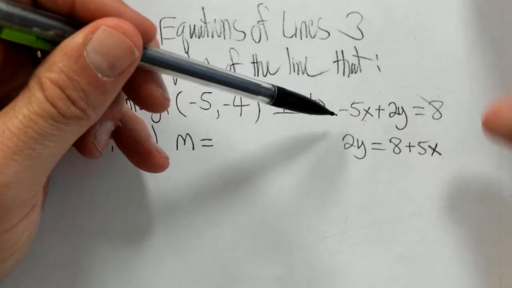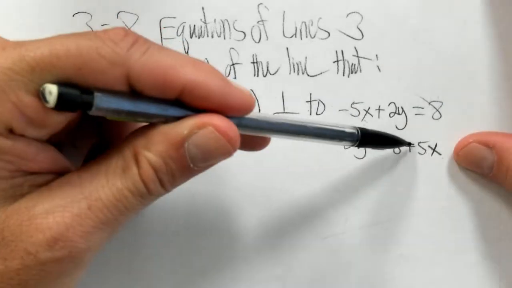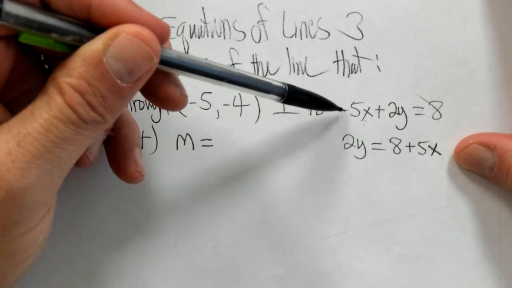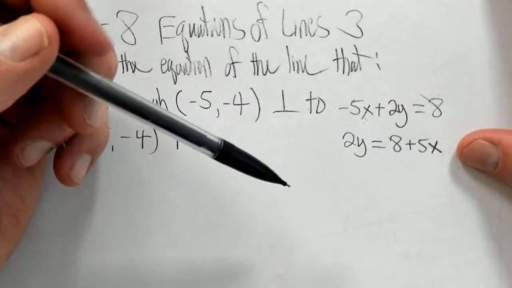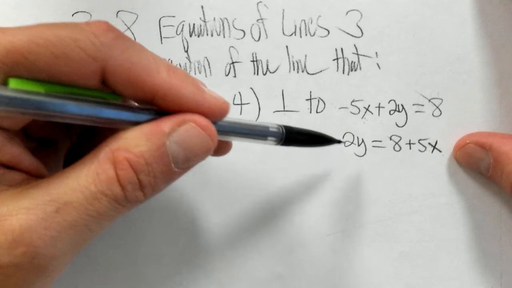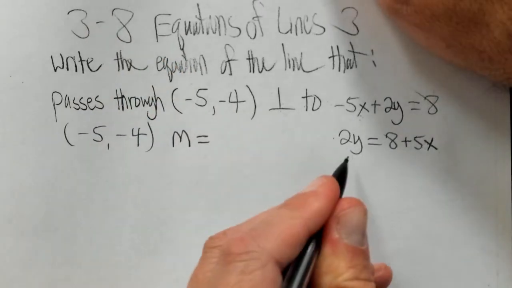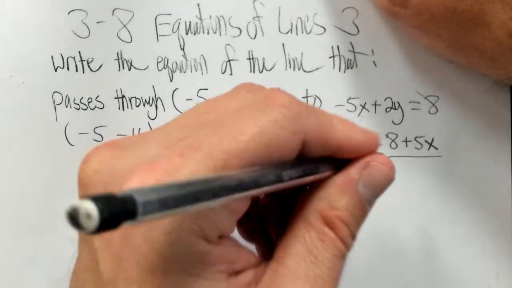Alright, so again, what did I do? I just moved the term over across the equal sign, and remember when that happens, it's got to change sign. -5x on this side changes to +5x on the other side. What are we trying to do? We're trying to get y equals by itself, and we've almost done it. We got one more step. I'm going to divide both sides here by 2,